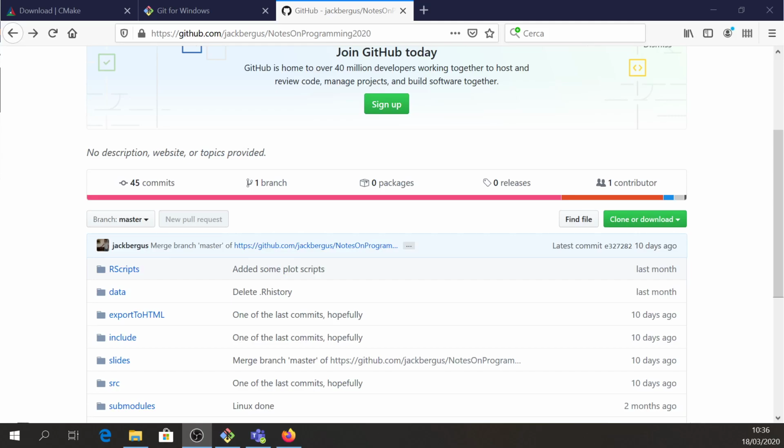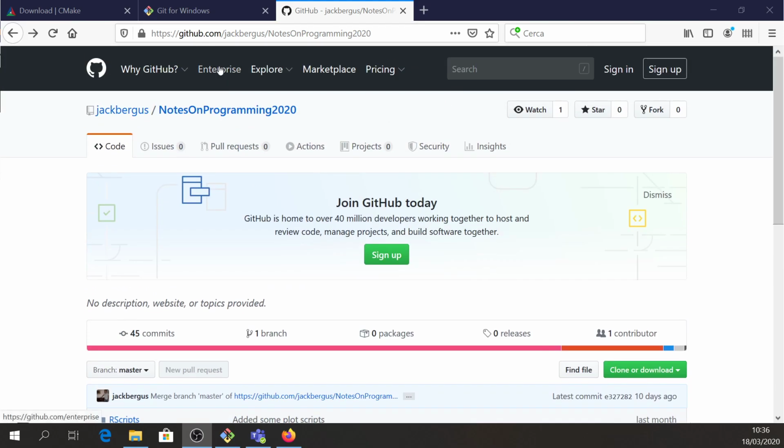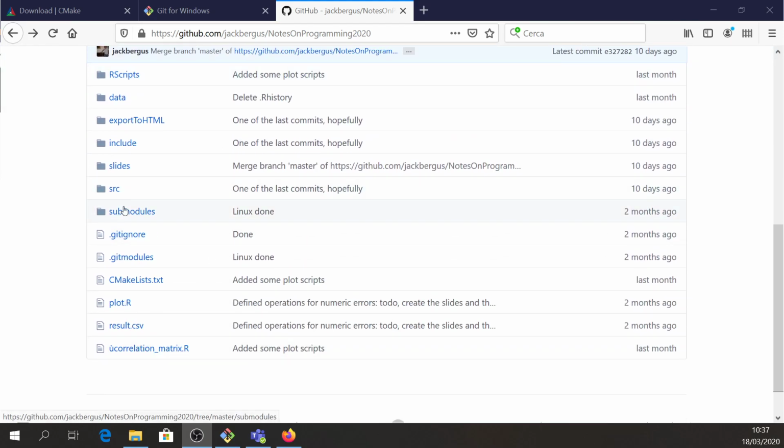So hello everybody. In here I'm also going to show you how to use the code that I'm providing you in Visual Studio. So in order to do that, you will need two things. One is CMake and the other one is Git. Git is self-evident because the code is provided as a GitHub project, and also because you will